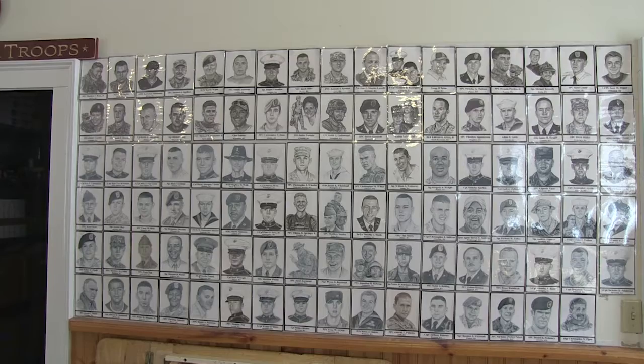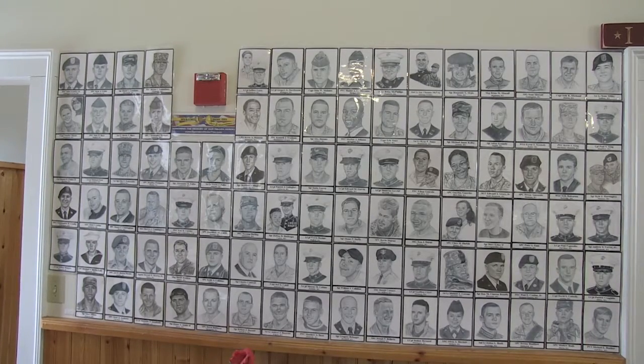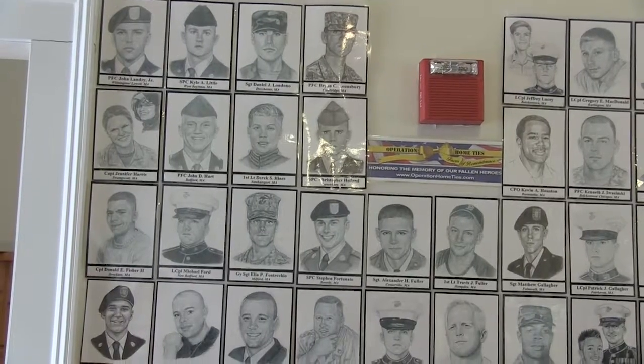This wall is a representation, a memorial, if you will, made by Operation Home Ties. Gina Johnson is an artist from Woburn, and she has made it a project to sketch every member of the military that has passed away since 9/11 from Massachusetts. It's a powerful display. She has a moving wall that we help take her out and get the word out. But it's a beautiful memorial to all the young men and women that have died since 9/11. Unfortunately, there are quite a few up there